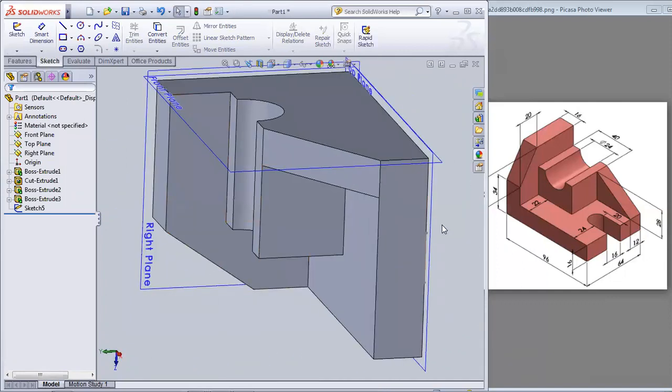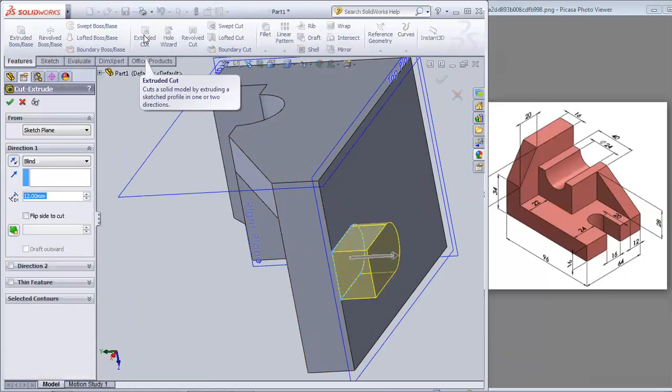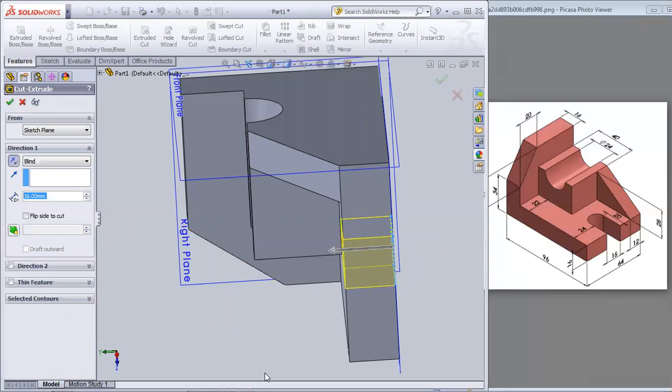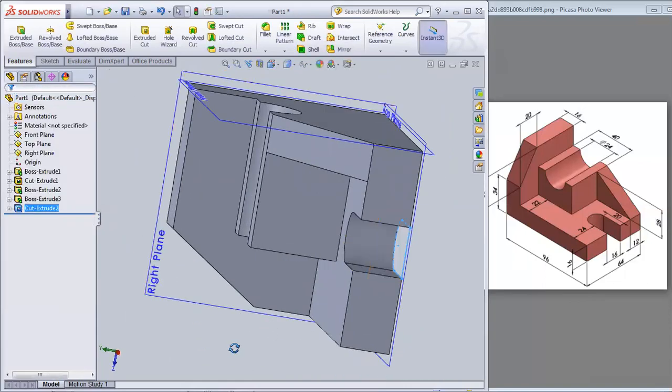I just need to extrude cut the closed area from here, right? So I'm selecting the sketch and going to feature, extrude cut in the opposite direction. I need to cut it in the opposite direction. So click on the reverse direction. Now see, this is not sufficient. This is 12 mm. The thickness was 16 mm initially. So just make it 16 or more. Does not really matter. So this will cut it through, right?